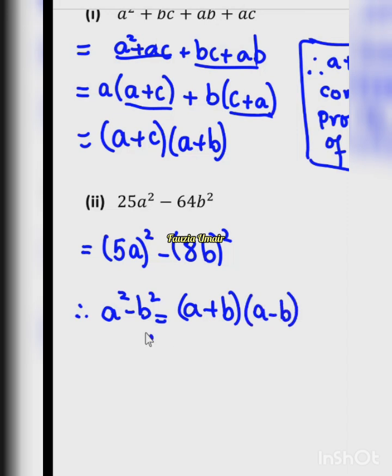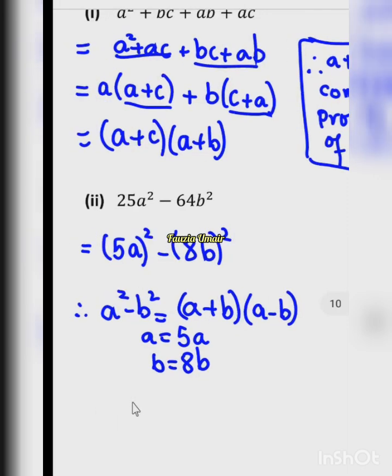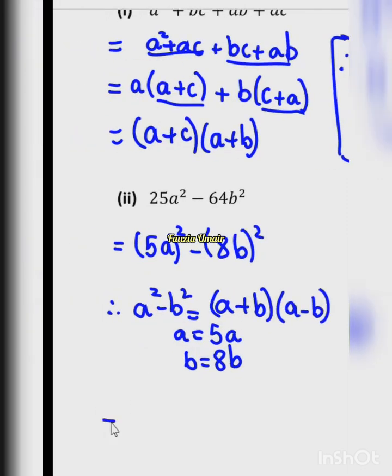So here a is equal to 5a, b is equal to 8b. So you can replace it. A plus b, so it means 5a plus 8b